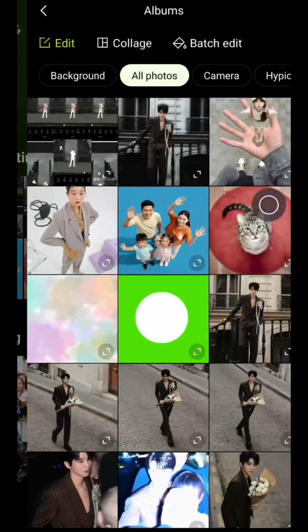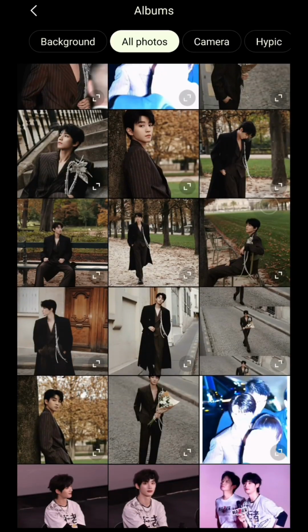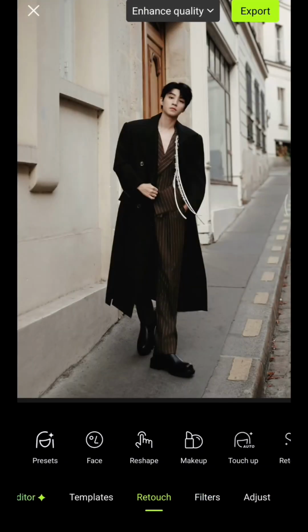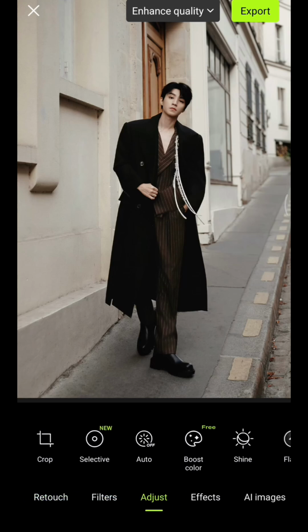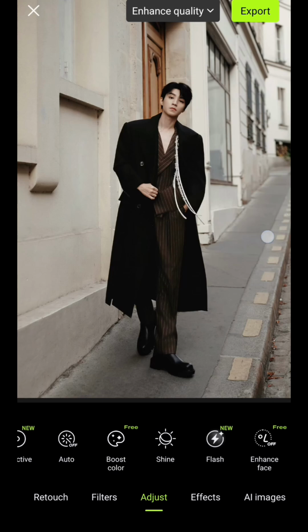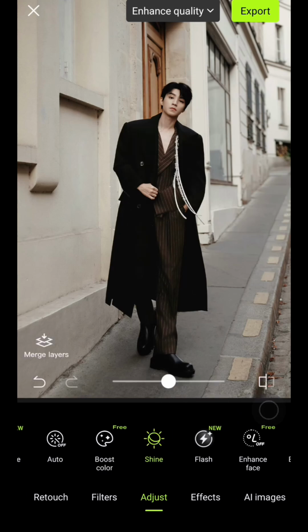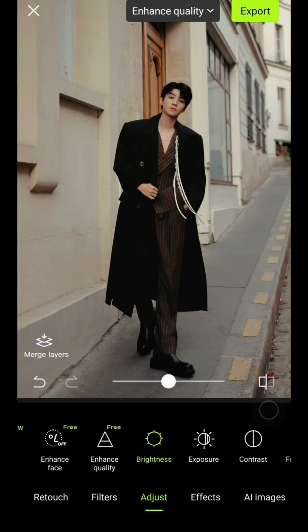Just tap on all photos and then choose your photos like this. And once your photo is loaded, we will start adjusting the base image. Just go to adjust and then choose sign and then drag it all the way to the left maximum like this, and then reduce the brightness until you get a darker mood,